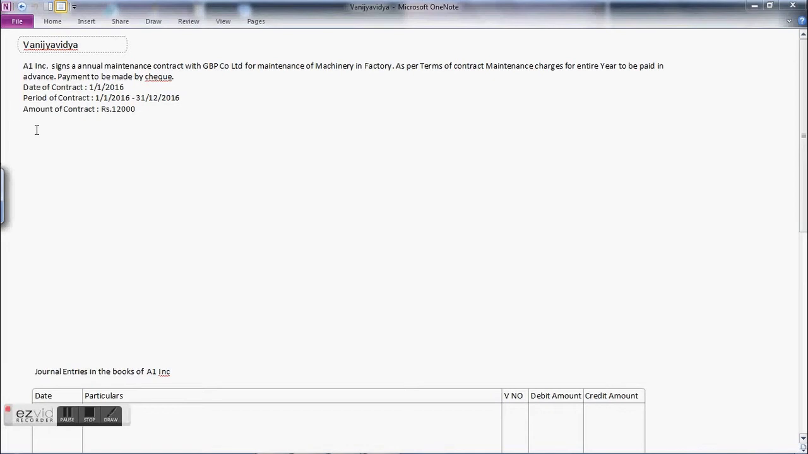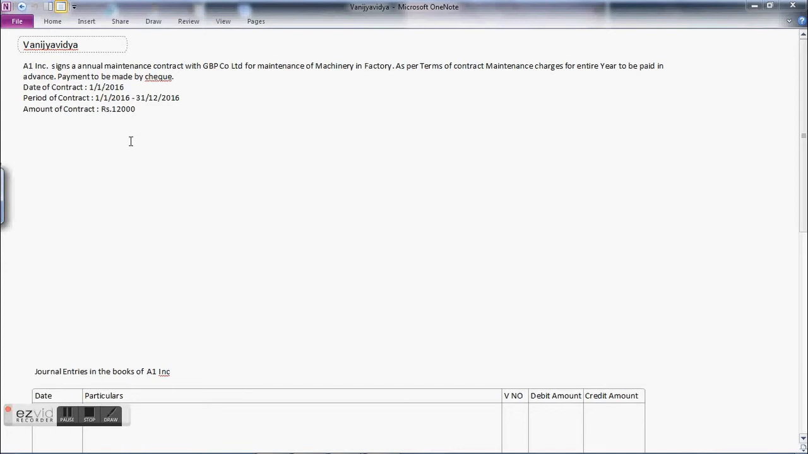Now here there is one example of prepaid expense. A1 Incorporated signs an annual maintenance contract with GBP Company Limited for maintenance of machinery in a factory. As per the terms of contract, maintenance charges for the entire year are to be paid in advance, payment to be made by check. Date of contract is 1/1/2016, period of contract is from 1/1/2016 to 31st December 2016, and amount of contract